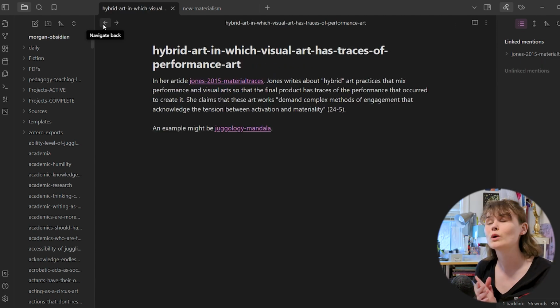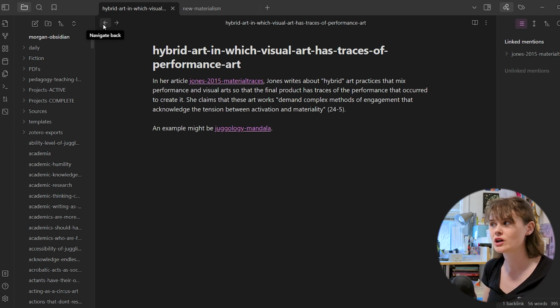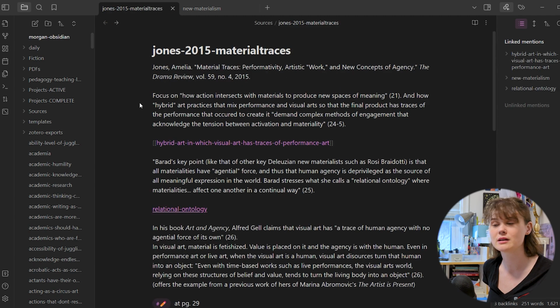So finally, once I had notes dedicated to Juggleology and their piece Mandala, finally I needed to create the note where I wanted to use Mandala as an example for Jones's discussion. So I created something called hybrid art, in which visual art has traces of performance art. Maybe this will end up being a note where I just store a bunch of examples of this concept. And I've also written down here what Jones says about this concept from the article that I had already quoted